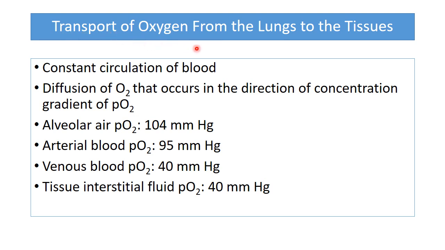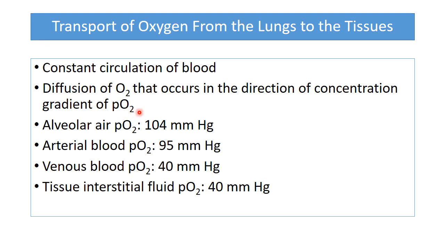Similarly, the transport of oxygen from the lungs to the tissues occurs due to the constant circulation of blood in the whole body along with the lungs and heart. And secondly, the most important basis, it is the diffusion. It is due to the diffusion of oxygen that occurs in the direction of concentration gradient due to partial pressure